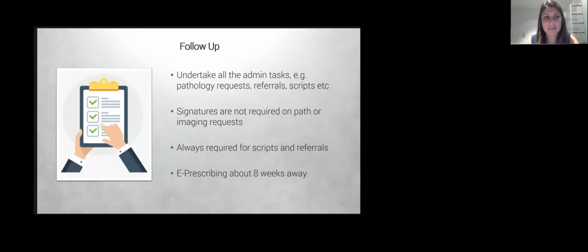So the admin part is the painful part afterwards, where you have to work out what do you do with all these bits of paper that we're so used to dealing with in the practice setting. So as I mentioned, you've got to have signatures for scripts and mostly for medical certificates, because employers will require that. But you don't necessarily need it on path or imaging requests. And talked about the e-prescribing, and this is where there are some things that we can put in place that might make it easier. So if you've got secure messaging turned on, great for doing referrals and saves you printing that paper and having to get it to the patient.